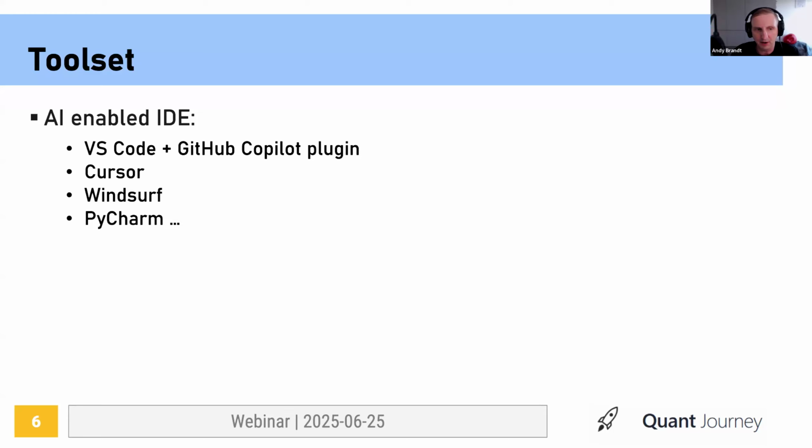I know PyCharm, which is this JetBrains IDE for Python. I know it has AI as well, but I have to say I haven't tested it. So I cannot say anything about it. Now, all of those are driven by foundational LLMs.